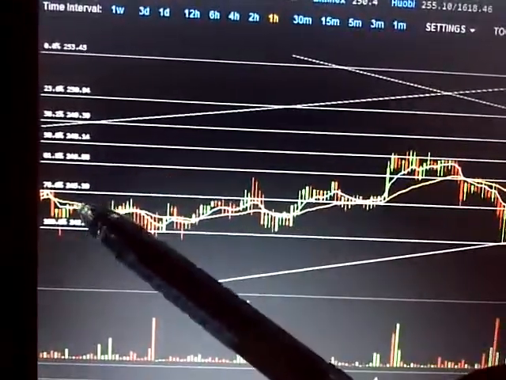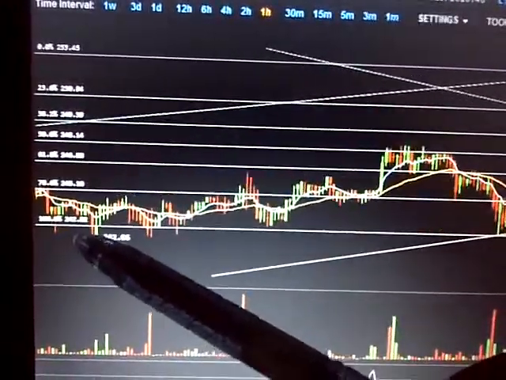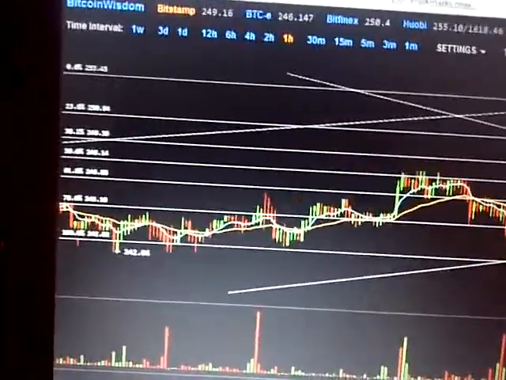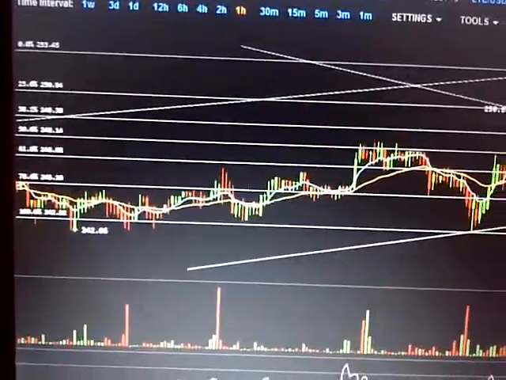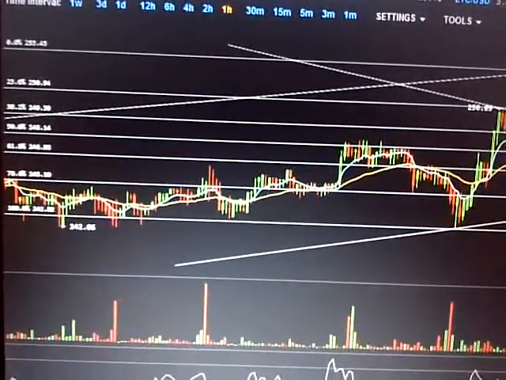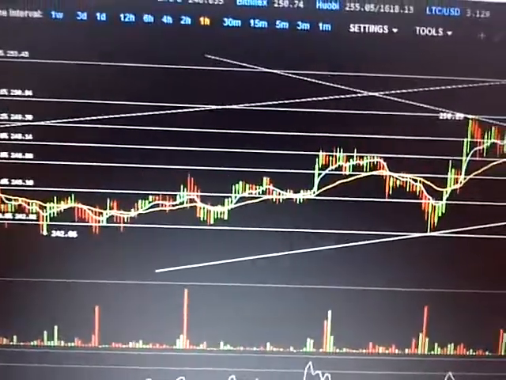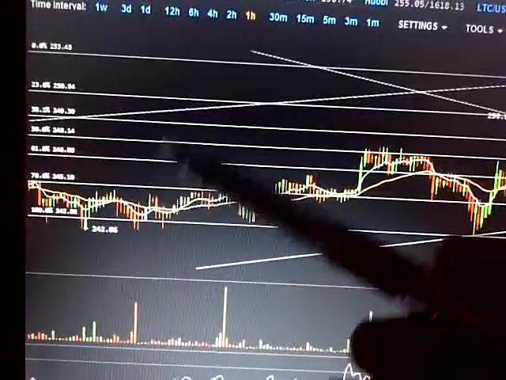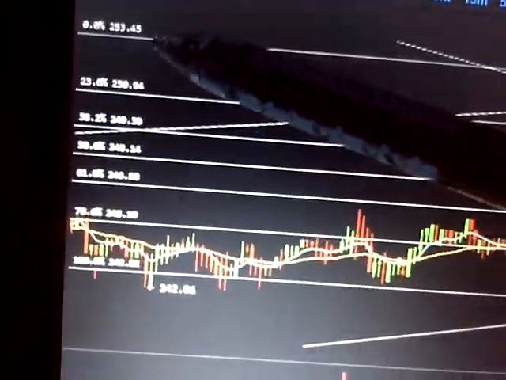These are Fibonacci lines. I do experiment with them. Sometimes they make sense, sometimes they make no sense. You put the lines out there and you try to match them up, and somehow the price moves between these sets of lines, and you can see how they're set up as